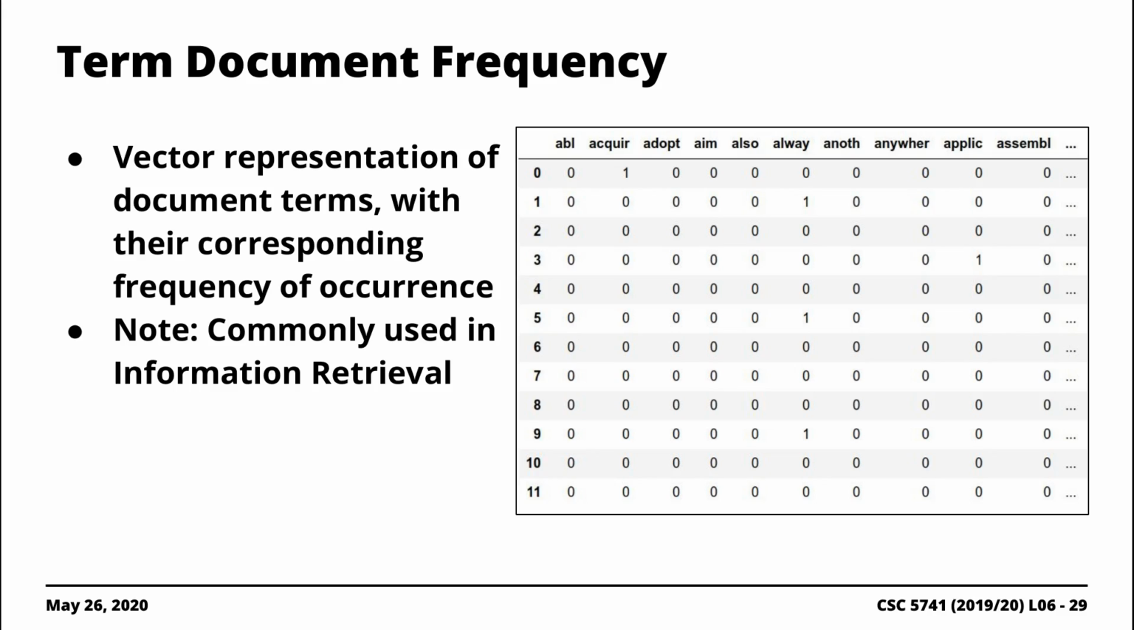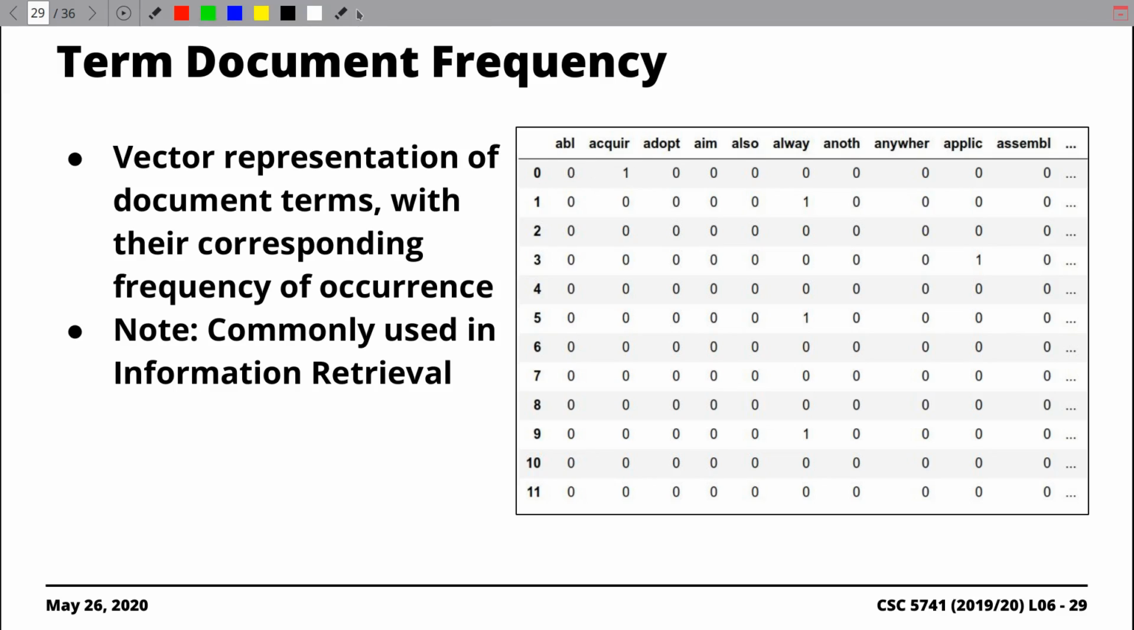which is representative of the terms contained in each of the individual documents of the corpus with their associated frequencies. So you notice that document 0 here, document 0 has